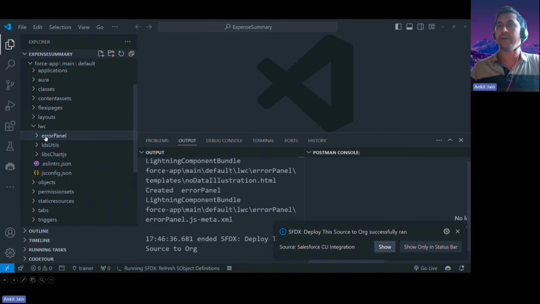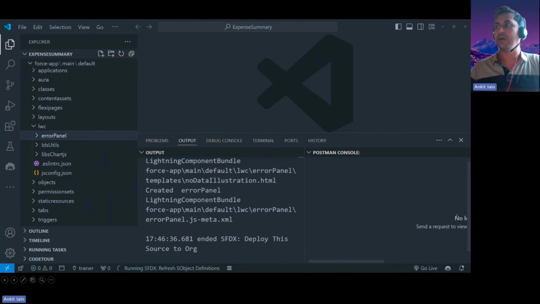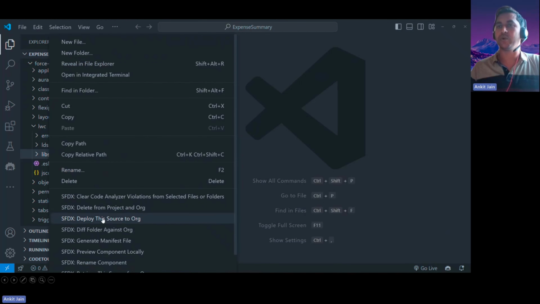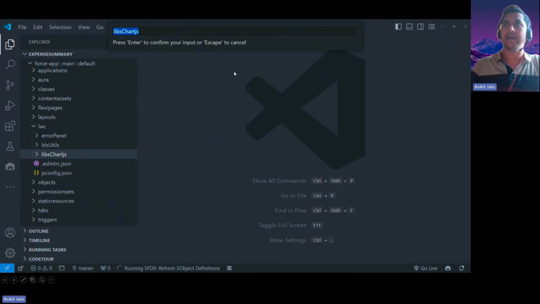Right, so we have already deployed these two components. Now the next thing that we will do here is this lips chart.js component that we do have. Let's go and rename that component. To rename it, I am right-clicking and choosing the option SFDX: Rename Component, and I am naming that component here as the